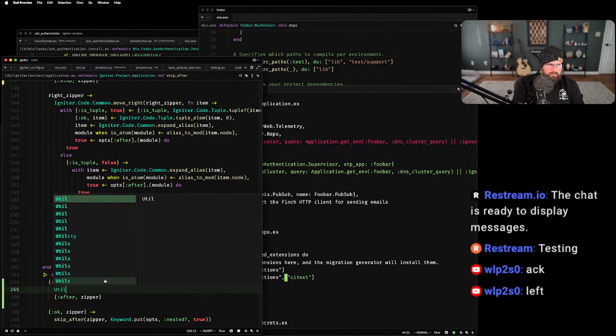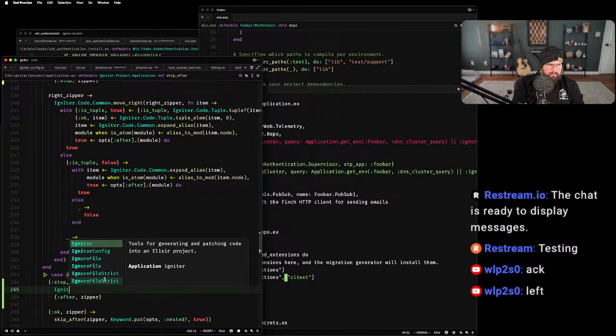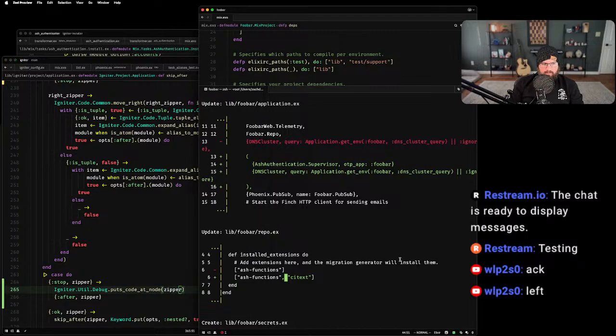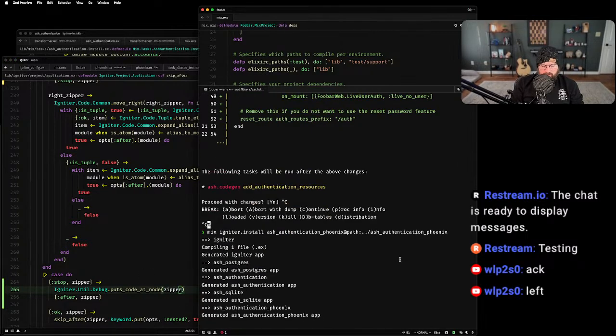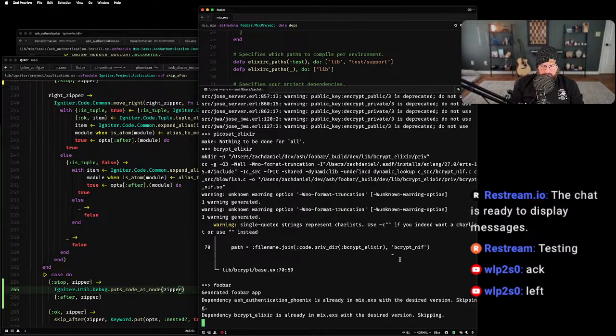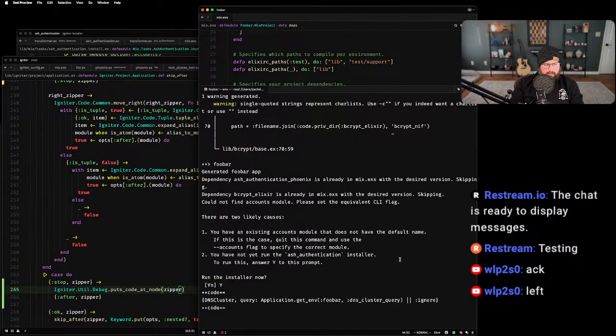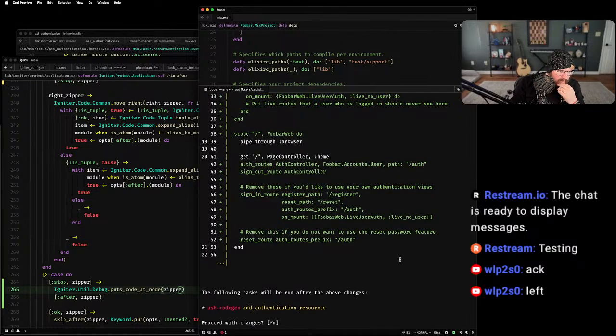So if we do Igniter.Util.Debug.puts code add node, it's not going to look right. Well, no, it's going to be at the element. I wonder if this is actually a bug with the... let's see.